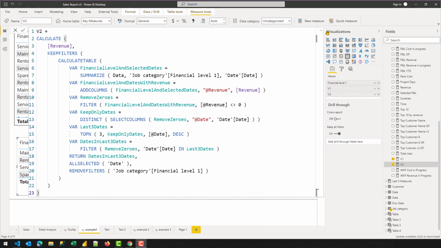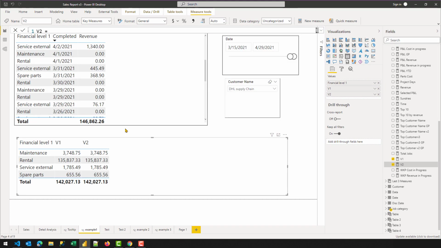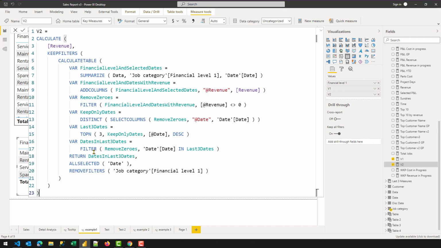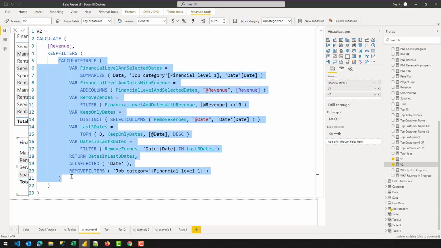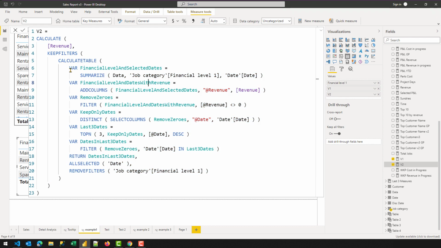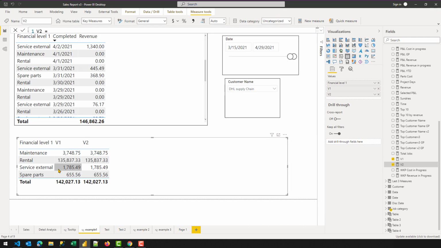Then we move on to rental. So rental is going to create the initial filter context. Calculate table is going to return all the values of the jobs financial category. Then there is going to be an intersection between the rental and the table returned by the calculate table. And in that way, we are only going to return the rows for that rental part only. And then finally, when we inject that summarized or much shorter table into the filter context, calculate is going to compute the revenue only for rental. And similarly, the same process happens for each row. So that was the second way of computing the calculation.